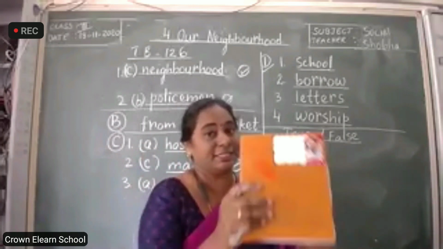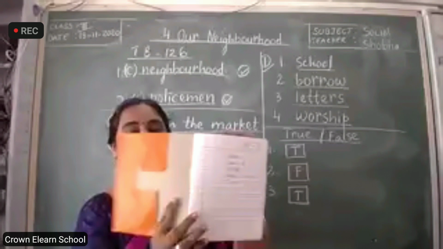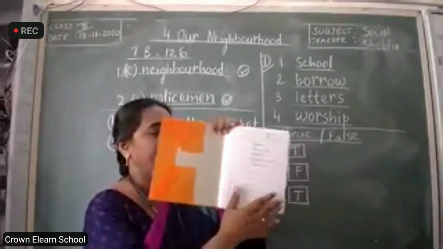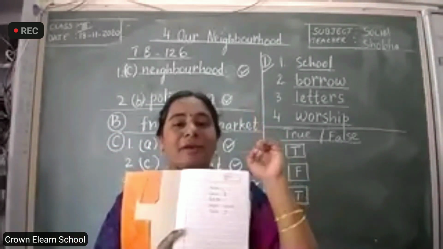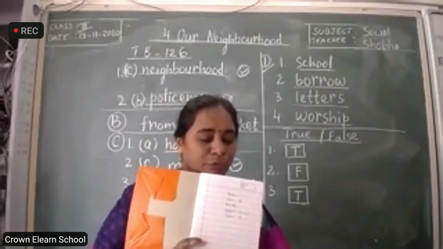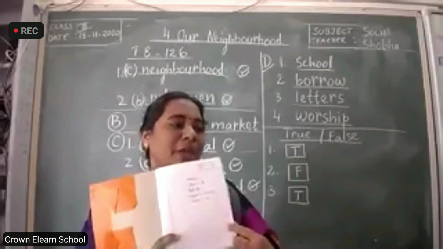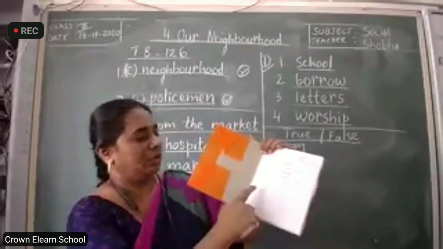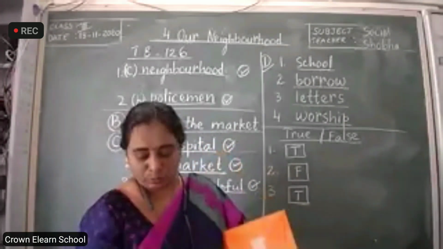Yesterday itself I told you to keep ready, isn't it? A 100 pages notebook. In the first page, leave this page. In term 1 I have told you already, and your parents will be helping you. If you have forgotten, take the help of your parents and fill the first page: name, class, roll number, subject, social, term 2.